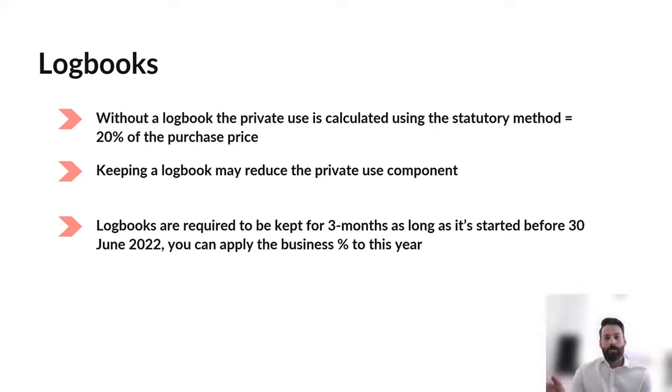The other thing to keep in mind is, people often think that just because I've got a ute or something, I don't need a logbook, whereas the ATO in recent years have taken a stricter view on that and said that actually, yes, you do, and there's going to be a private use component unless that private use component is some sort of incidental amount, and it's a very low threshold. So irrespective of whether it's a car or a ute, what have you, it's important to keep a logbook to track the private use of the business, to make sure that the adjustment that has to be made at the end of the year isn't more than it needs to be.